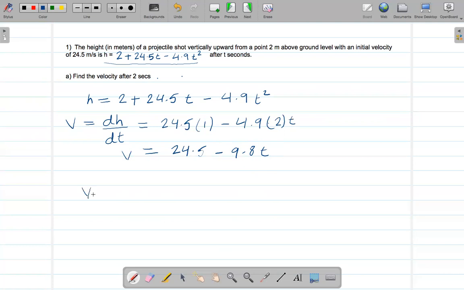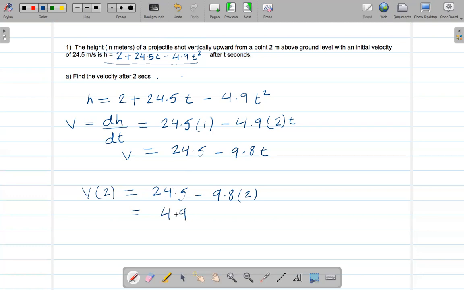So let's write v after 2 seconds is equal to, from here, 24.5 minus 9.8 times 2. And then after this, use your calculator and you'll get